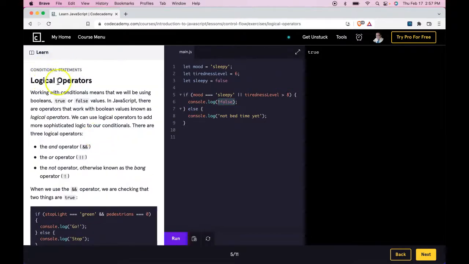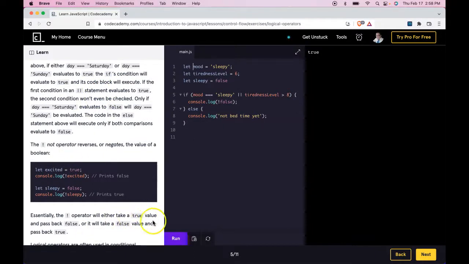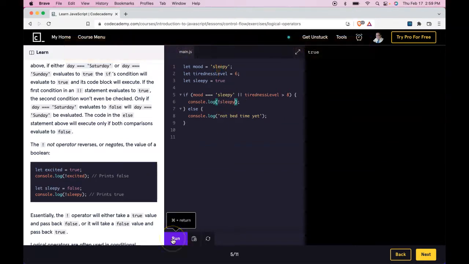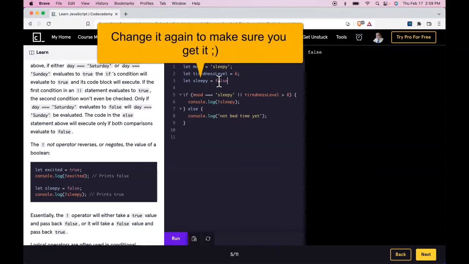So in this lesson, we're just basically learning about logical operators, and the three are and, or, and not. And requires both conditions to be true in order for the whole statement to evaluate as true. With or, only one of the two needs to evaluate to true for the statement to evaluate as true. The not operator will either take a true value and pass back false, or it will take a false value and pass back true. Here it was a false value and it passed back true because we said not false. Versus if we change this to true, and I should use the variable name, if I run that, then it should say false, and it does say false. And again, if I change it back one more time to false, then now it should say true,